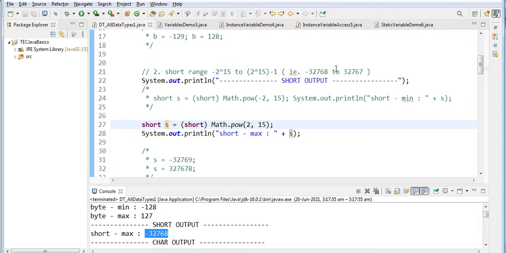The maximum acceptable value is 32767, so it is giving a wrong value.